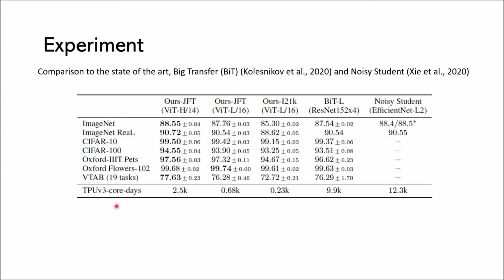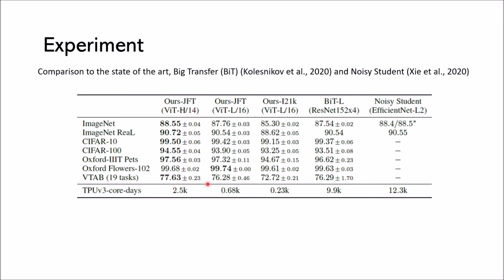Okay, we go to the experiment. First, the experiment is to compare the state of the art on several image classification tasks. For the first, we have Big Transfer, which is BiT. This is actually a very big ResNet network, and we have Noisy Student, which is an EfficientNet. As you can see here, this JFT means that the model is pre-trained on the JFT dataset, and as you can see, they